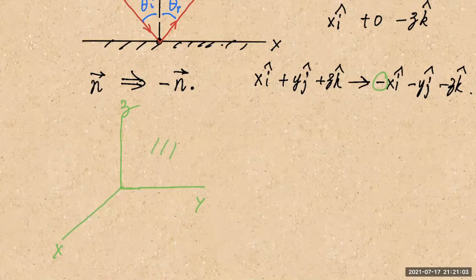Let me use a different color for the mirror. You put a mirror here, okay, like this. So whatever beam that shines upon this plane will get X component reversed. Now, how does one change Y to negative Y? We need to reflect off of what? The XZ plane, right? So you need to position a mirror in the XZ plane, and this is the mirror